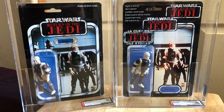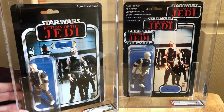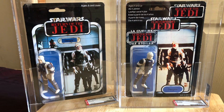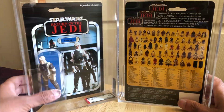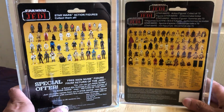And yeah, pretty cool. So the main reason I grabbed that is because of this. That's a nice carded 45 back Palitoy Return of the Jedi logo, and then you've got the Tri-logo with the 3 logos, and yeah, pretty cool. From behind, there's certain differences. This is your standard, typical Tri-logo back, and then we've got the